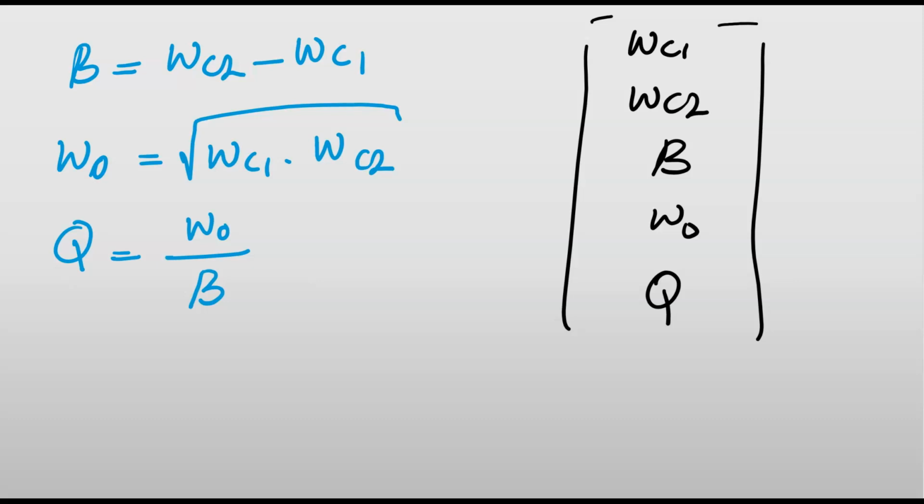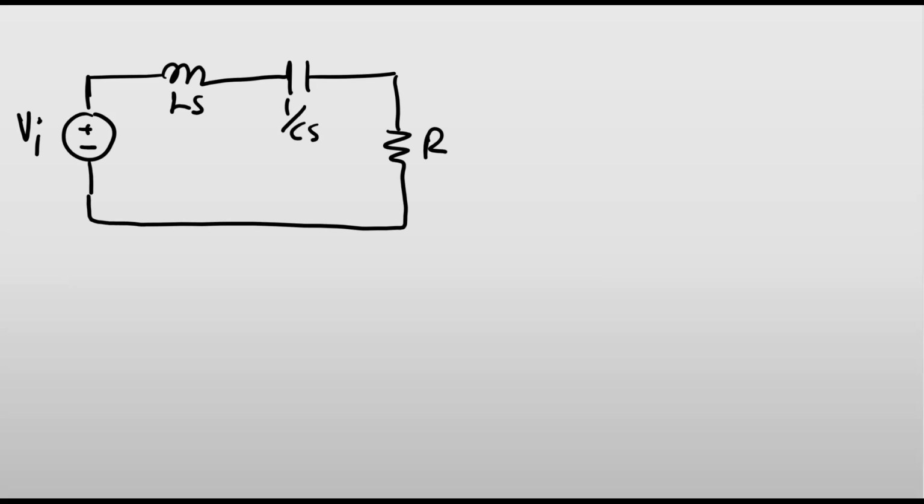The circuit that I'm going to use is exactly similar to what I showed you for the band pass filter, with the only difference that instead of using the voltage of the resistor as my output, I'm going to use the voltage of the inductor plus capacitor as my output. So let me draw the circuit here quickly. This is the exact circuit that I used for the band pass filter. What I'm using is a